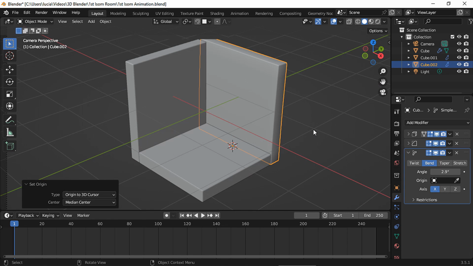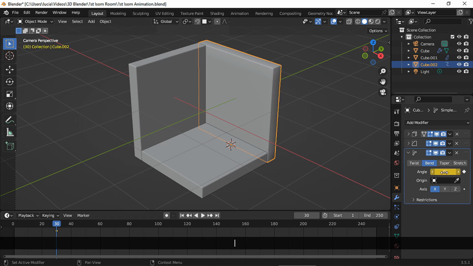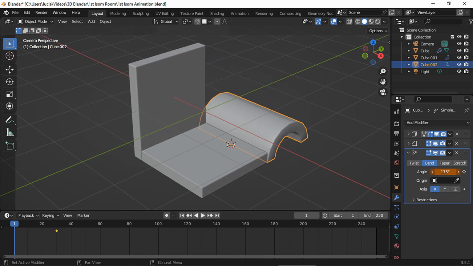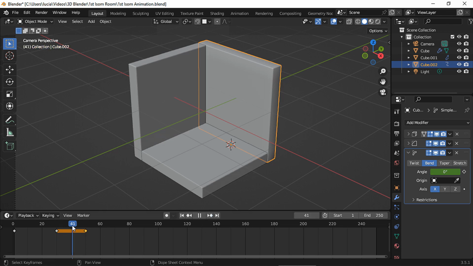Okay, let's go to camera view to animate this. Set the angle at 0, choose the final frame and I to insert a keyframe. Now let's go to the beginning of the timeline, change the angle to wherever you like and insert a keyframe. Let's take a look. To add a bounce effect, duplicate the last keyframe and between both keyframes, set the angle